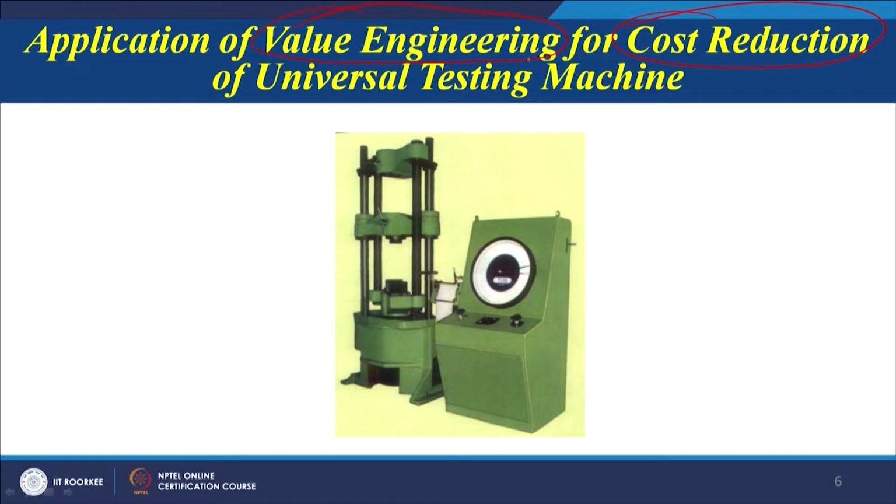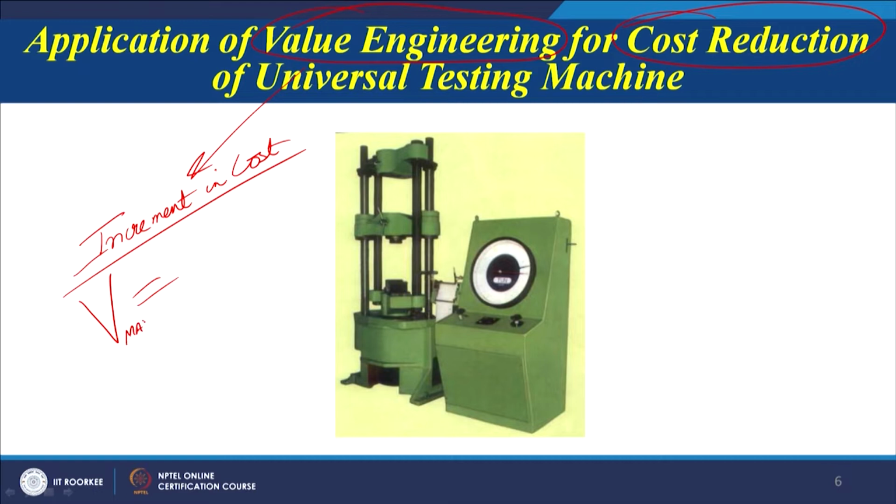Today I have tried to emphasize that value engineering may sometimes lead to an increment in cost, which we can explain with this formula. We always say that we have to maximize the value of the product, which is directly related to the functional value. We want to maximize the function, and the functions can be both use functions plus esteem functions, divided by the cost, which has to be minimized. All of you know this equation.